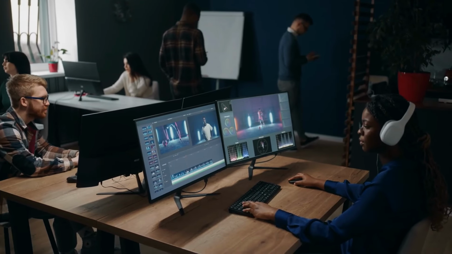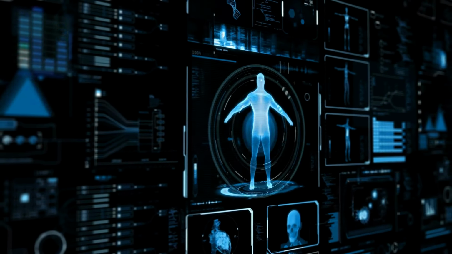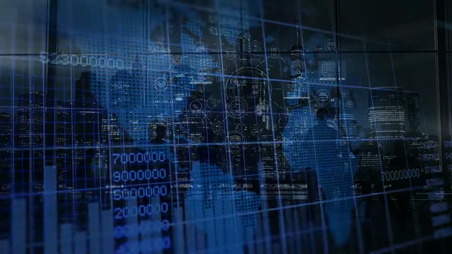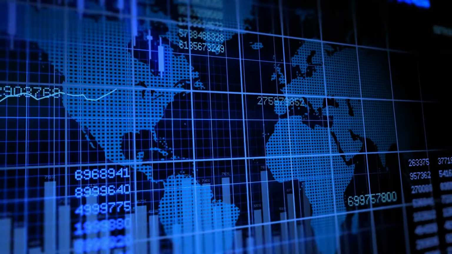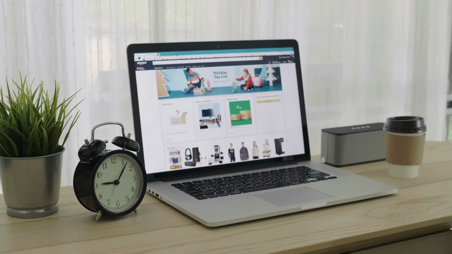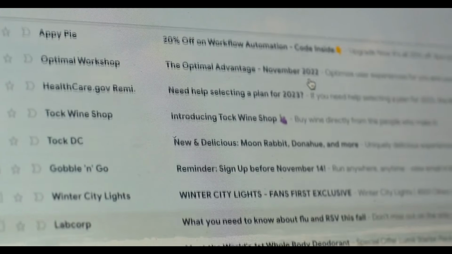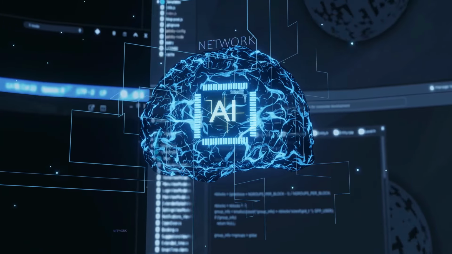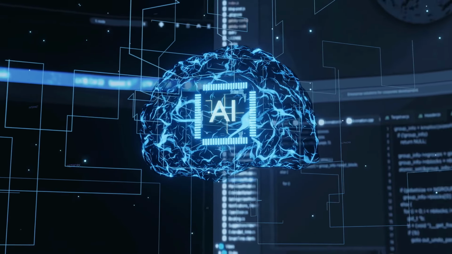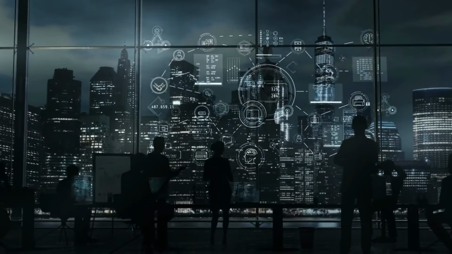Ignoring quality is another pitfall. AI can create content or designs quickly, but human oversight ensures value and credibility. Neglecting marketing is equally critical. AI produces assets, but promotion through SEO, social media, and email remains essential. By avoiding these mistakes, you can save time, maximize results, and ensure your AI-powered income stream develops sustainably.